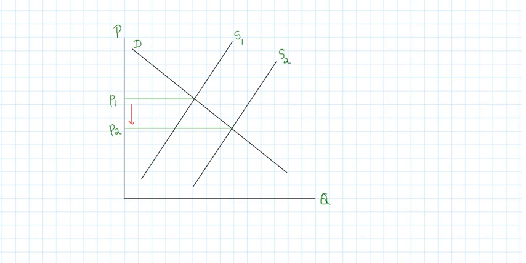So we can see this with the help of this diagram where S1 is the original supply curve, and as the wage rate is falling, more output is being produced. So S1 is increasing, shifting towards the right to S2. So a movement from S1 to S2 is showing the increase in production because more labor has been hired as the wage rate has fallen. Now whenever this supply curve shifts, it will also have an impact on the price of the product if the demand curve is constant, if demand does not change. So price will change from P1 to P2.